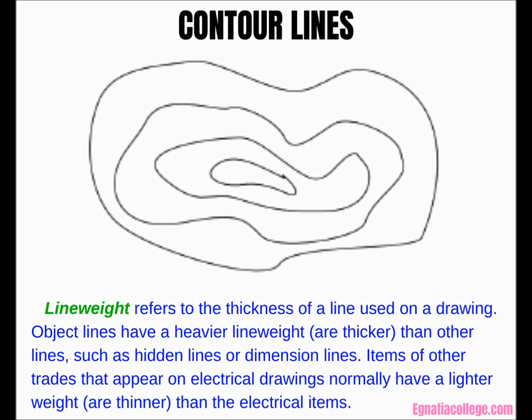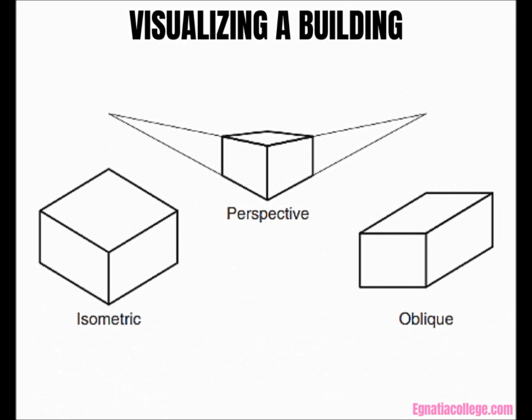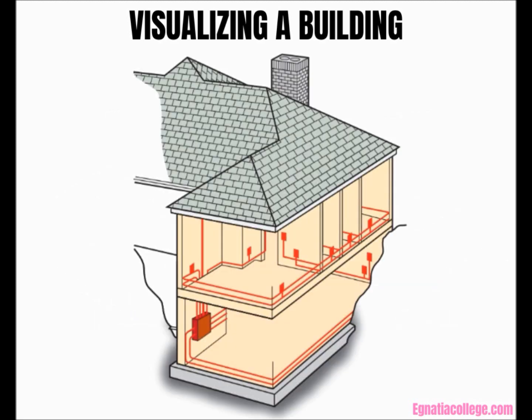Visualizing a building. Pictorial drawings are three-dimensional drawings that show two or more surfaces of an object in one view. Three types of pictorial drawings are shown in this figure. Figure shows a pictorial drawing of the wiring of a house. Unfortunately, pictorial drawings distort shapes such as angles, arcs, and circles so that it is difficult to show the actual